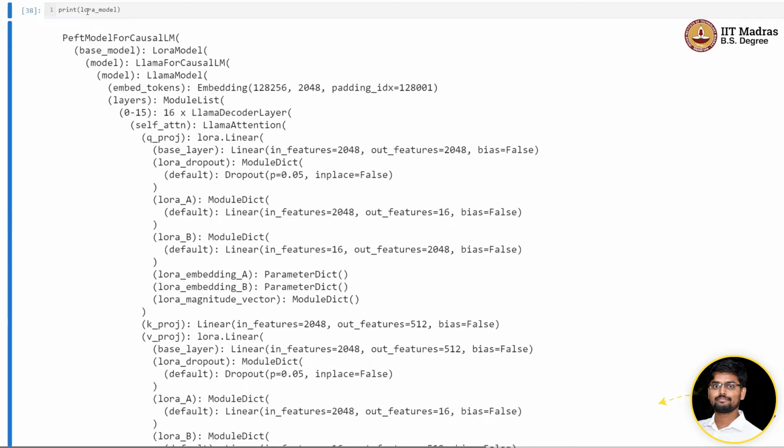Yeah, you can print the LoRa model and then see where the adapters are actually added. Recall that we have this decoder layer, attention layer. Remember, we configured it so that the adapters are added only to the attention layer, especially to the Q projection and V projection, query and value, right? So for the Q projection layer, we added a LoRa, right? So we can see that the LoRa linear is added to the Q projection.